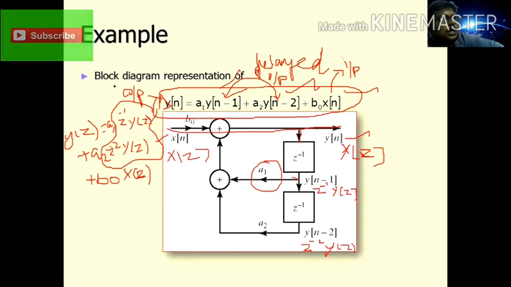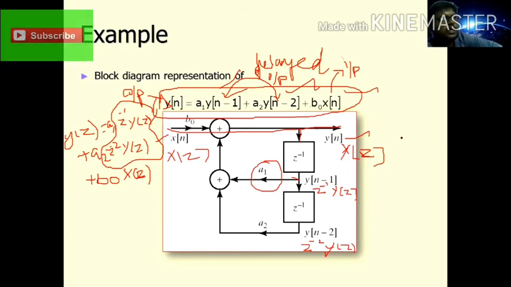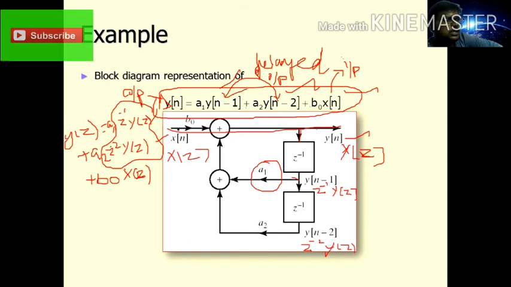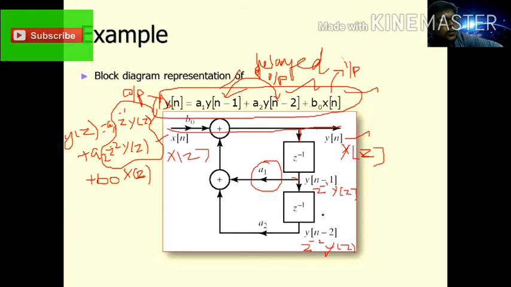So this is where you have to construct the block diagram. Now I hope you understood how to construct this block diagram. We can use 3 blocks: one is adder blocks, another is multiplier blocks, and another is delay element blocks. Draw one single line. One portion is considered as x of n, and another portion is considered as y of n. Then you have to find out where the delay elements come along. With respect to y, you take it at the output side; with respect to x, you take it on the left hand side.